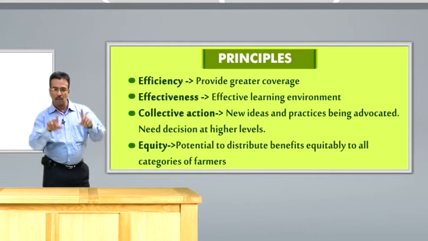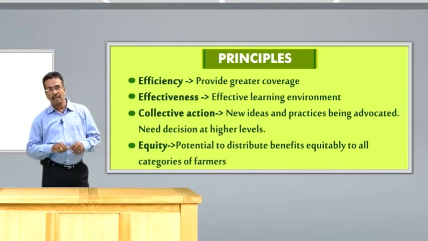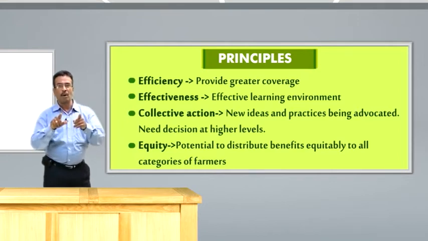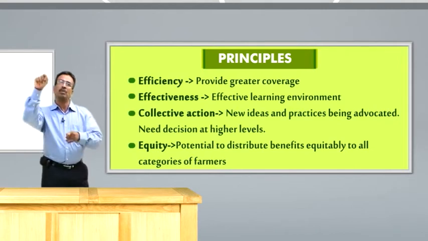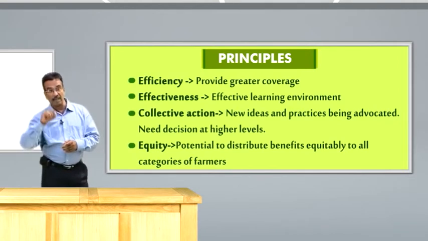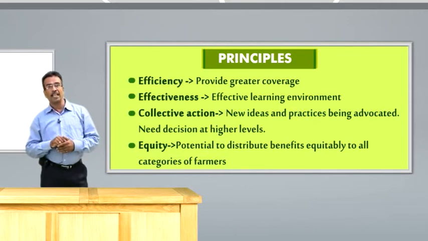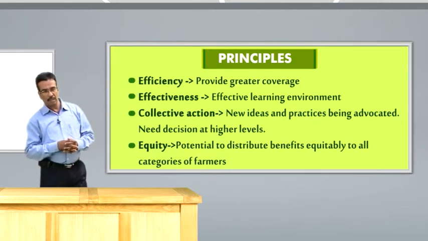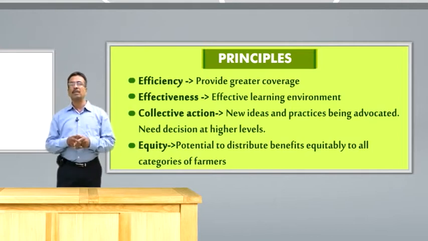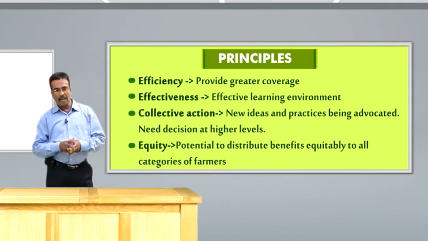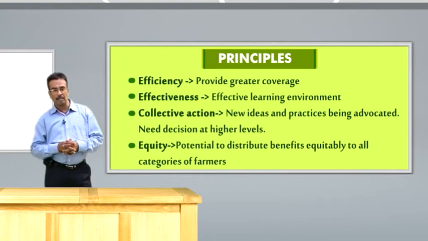The sugarcane, we know Maharashtra is a belt of sugarcane. In Maharashtra, the sugarcane lobby, the sugarcane producers association, is able to bargain with the government of India on whether we can go for export or import of the sugarcane. So that powerful is this group of farmers. So collective action is possible when we are united as a group. And equity, all the persons in a particular group will have equal powers and equal distribution of benefits out of it. So these are the four